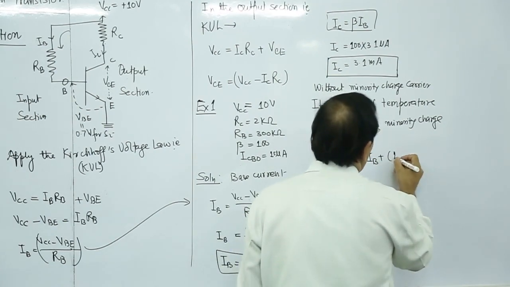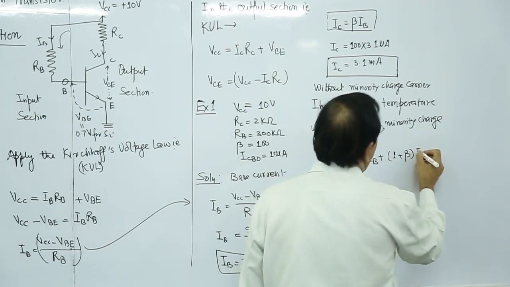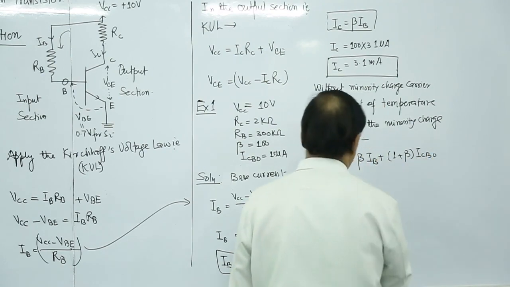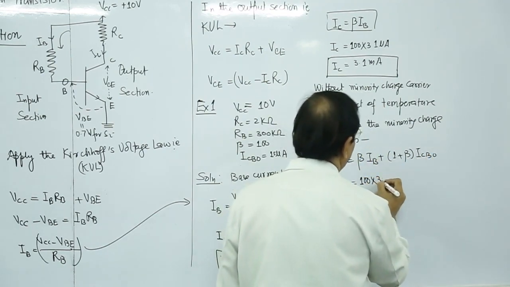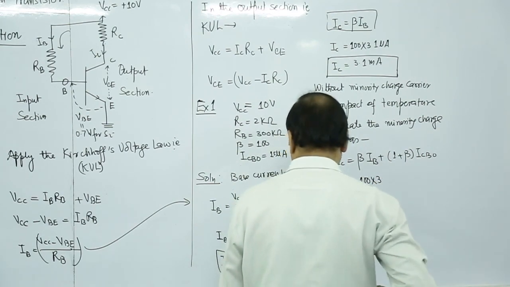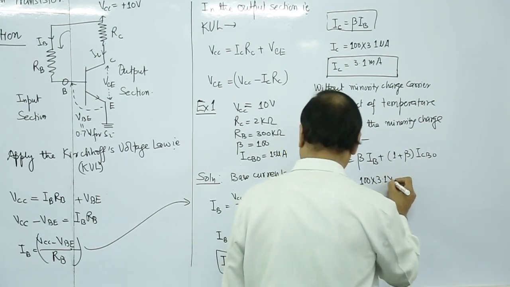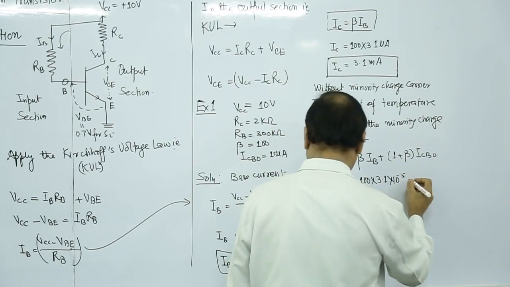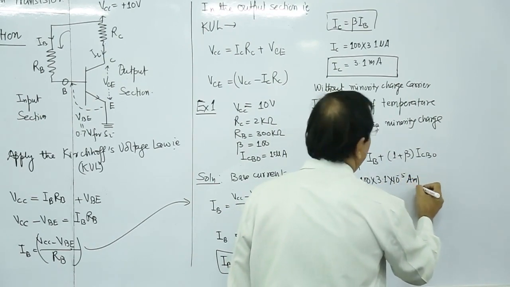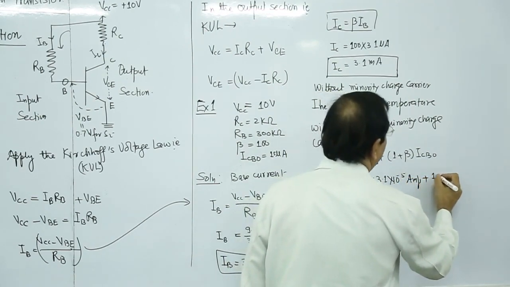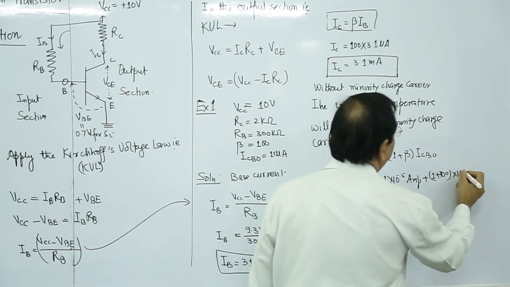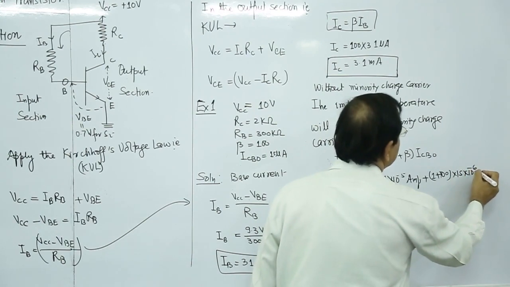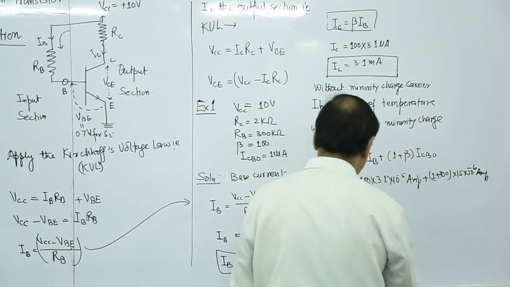This is (1 + β) ICBO. So β is 100, multiplied by this one, 3.1 × 10^-5 ampere, plus (1 + 100) × 15 × 10^-6 ampere. So this value is